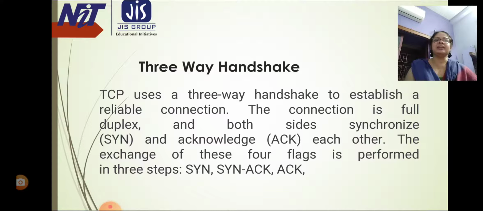In fact, its name originates from the three messages transmitted by TCP before a session between the two ends is initiated.